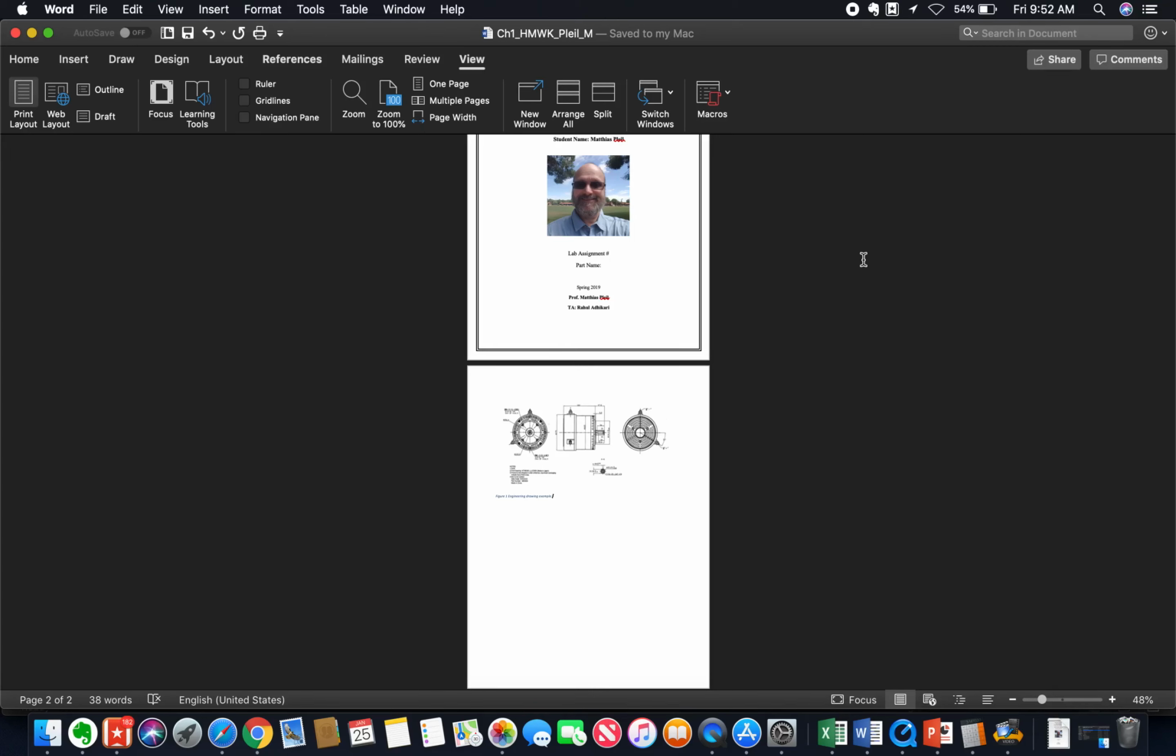So hopefully that clarifies a little bit on how to insert an image, crop it, scale it, and put a caption in. Let me know